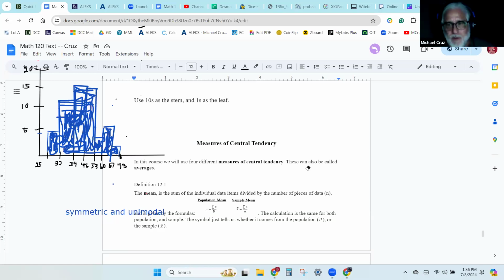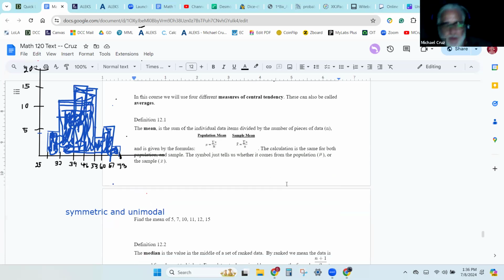But let me just talk about these to set us up for tomorrow. Measures of central tendency. The first one is called the mean, and the mean is one that most everybody knows about. There's population mean versus sample mean. They're done exactly the same. The only thing that's different is there's generally a different symbol. For the population, it's mu, a Greek symbol. And for a sample, it's called X bar. And they're done exactly the same way.